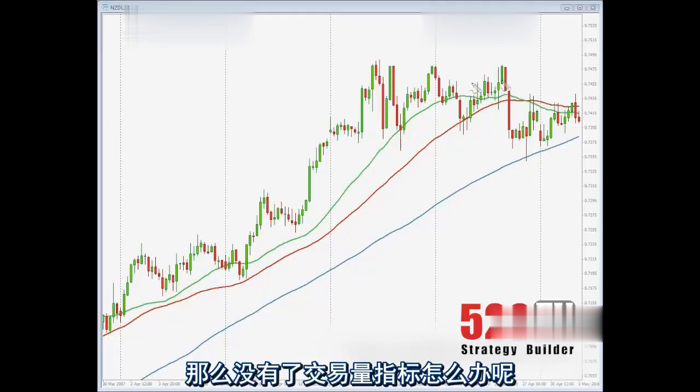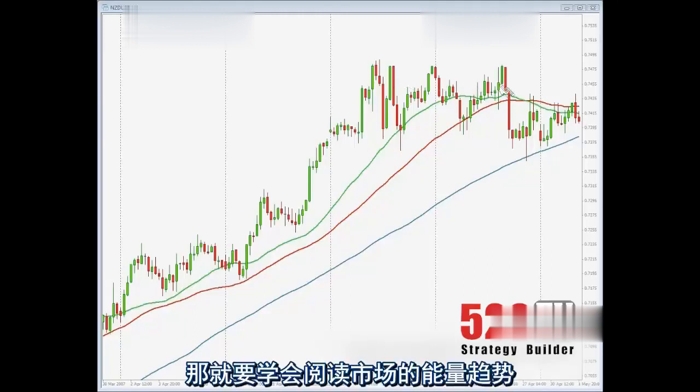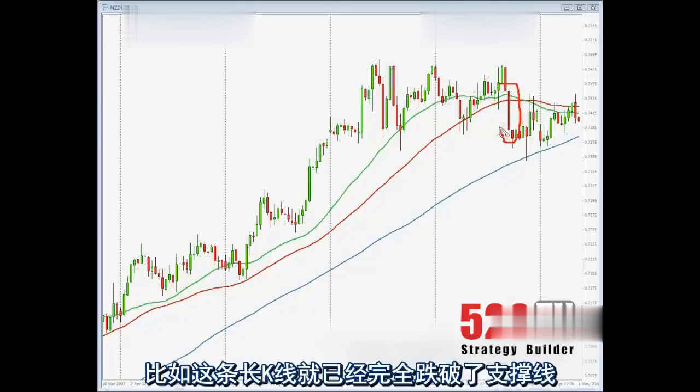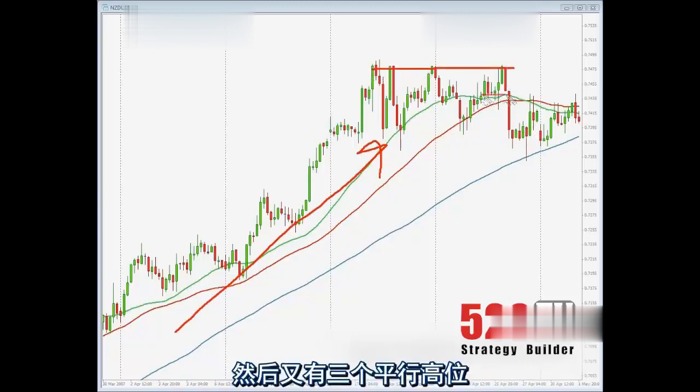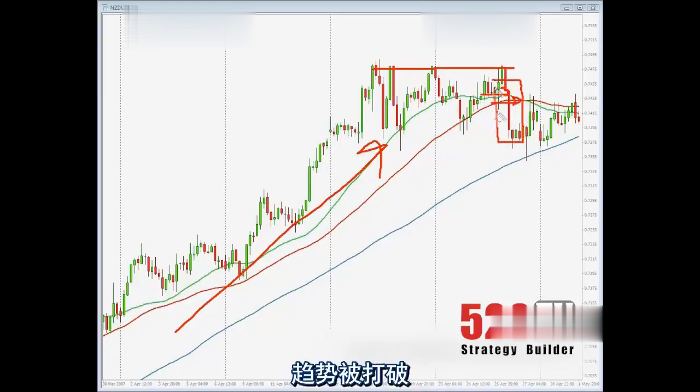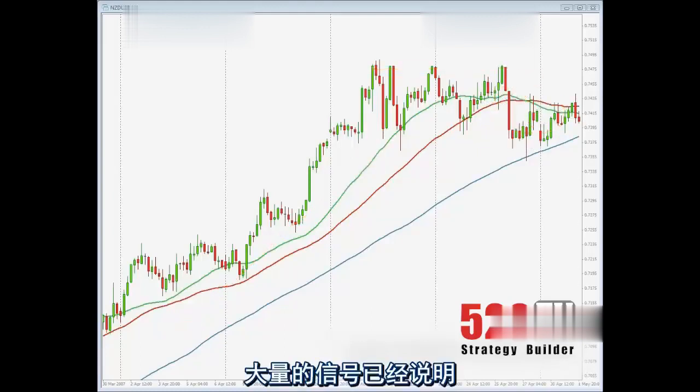So what you've got to do in order to offset the lack of any volume indicator is to read the momentum. Have a look. This probably was a very fast bar. All right, price was dropping down like a rock here after a very nice uptrend, after a triple top, moving averages flattening, momentum breakout, crossover there, guys, crossover there. That's the confirmation, in my opinion, the confirmation of the end of a trend, or at least